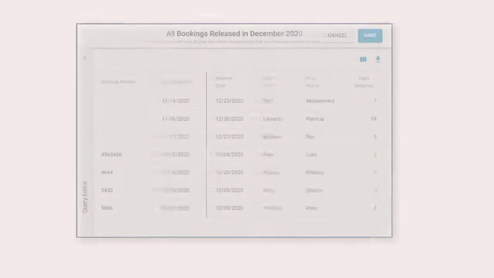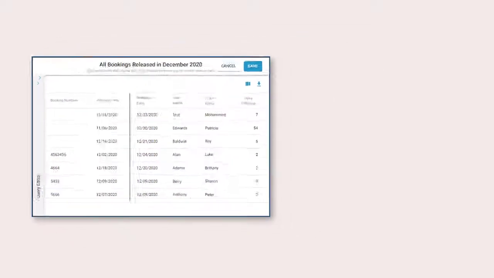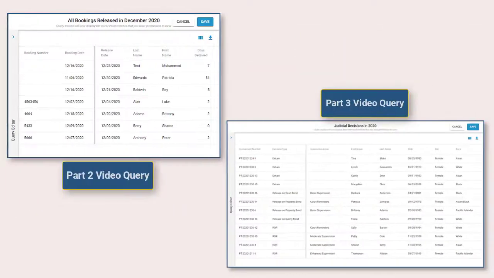We've seen how queries alone provide useful tabular data, but another benefit of queries is that you can use them to populate dashboard charts, which display a visual summary of the data from your queries. Let's check them out. I'm going to create charts from the two queries we built in the part 2 and